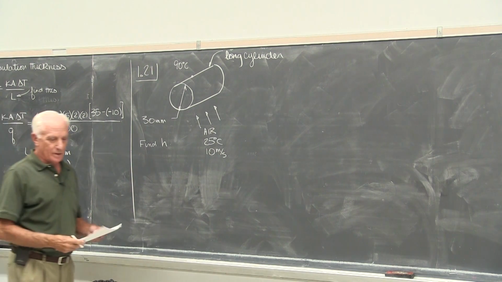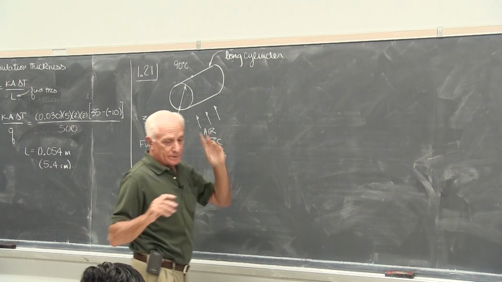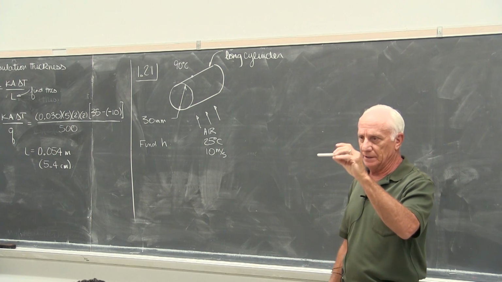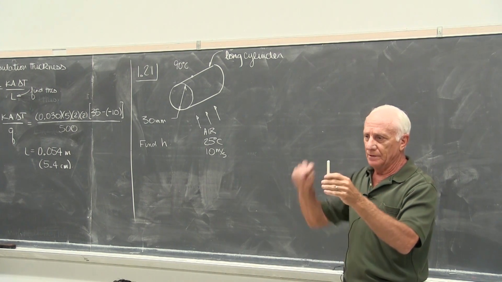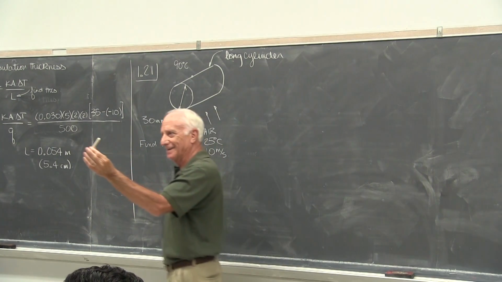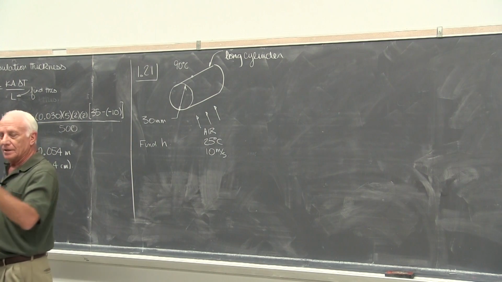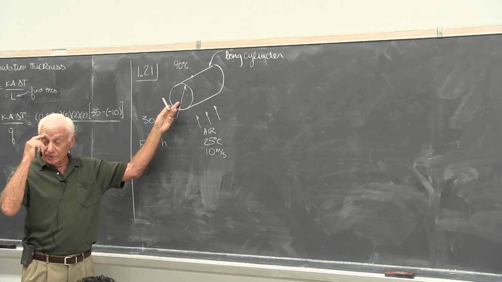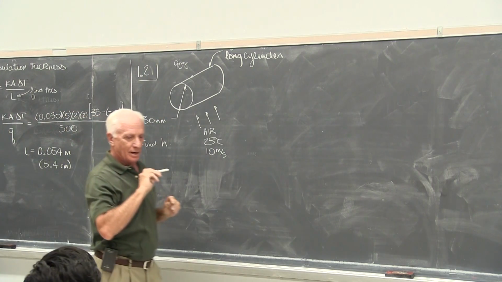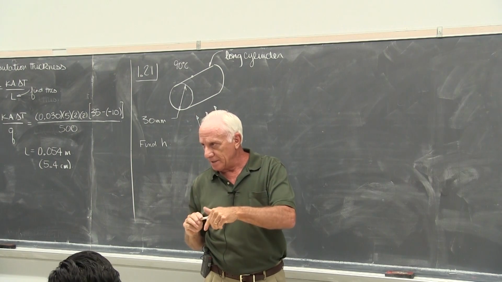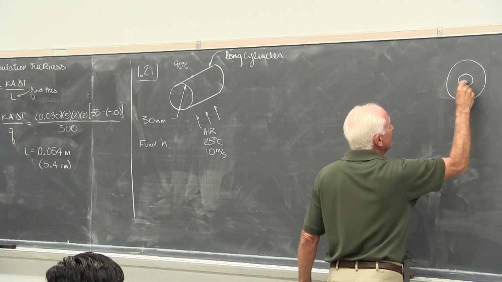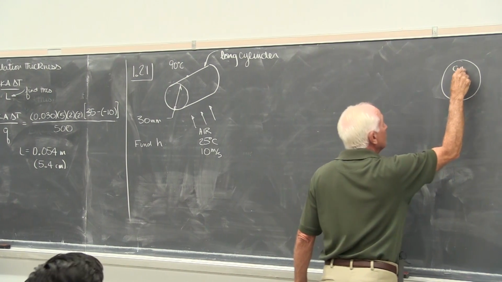First of all, this is a solid cylinder originally, and then you drill a hole in it. Let's say the chalk is the electric resistance heater. You can buy them. Two little wires come out of here, hook the wires to a voltage supply, and this thing gets hot. So you drill a hole. It could be an aluminum cylinder. Drill a hole in the aluminum cylinder, insert the heater in there, and that's what they mean by a heater embedded in a cylinder. So a cross section looks like this. This is the heater. This is the cylinder.